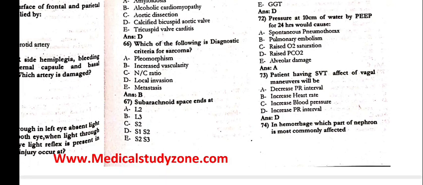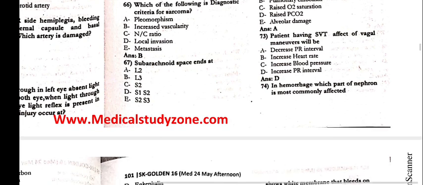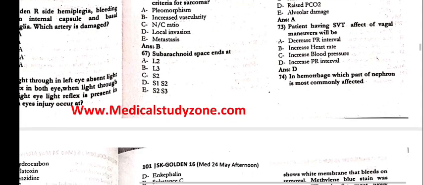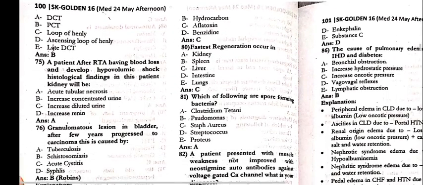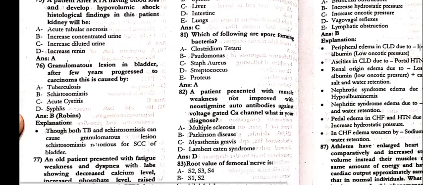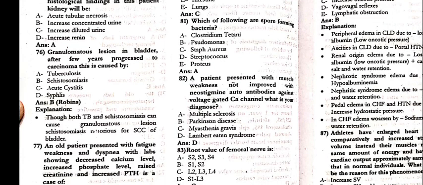73, patient having SVT, effect of the vagal maneuver will be an increase in the PR interval. In hemorrhage, which part of the nephron is most commonly affected? That is the proximal convoluted tubule. 75, patient after artery injury having blood loss and develops hypovolemic shock. Histological finding in this patient's kidney would be acute tubular necrosis. Granulomatous lesions in the bladder, after a few years progress to carcinoma. This is caused by